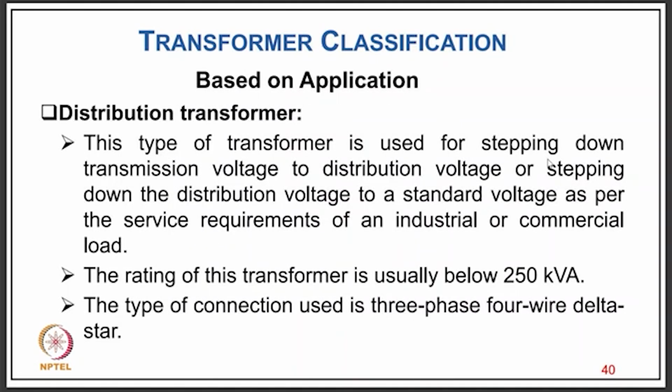Now coming to the typical application: the distribution transformer is used for stepping down the transmission voltage to distribution level, or stepping down the distribution voltage to standard voltage as per the service requirement of industrial and commercial load. The rating of the transformer is usually less than 250 kVA, and the type of connection used is 3-phase 4-wire delta-star, and the secondary is made star connection particularly to provide the neutral terminal for the